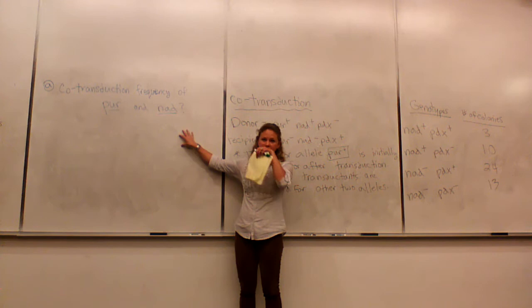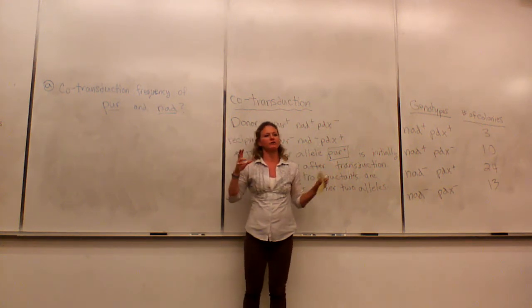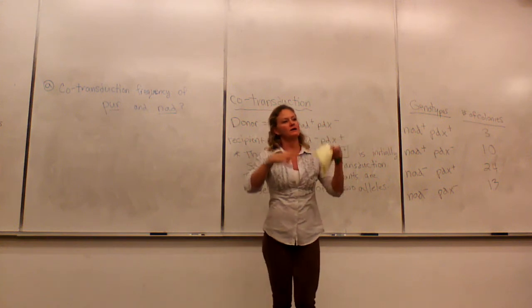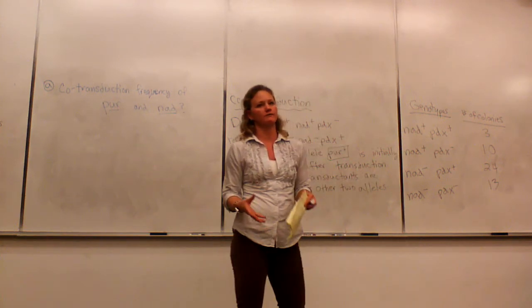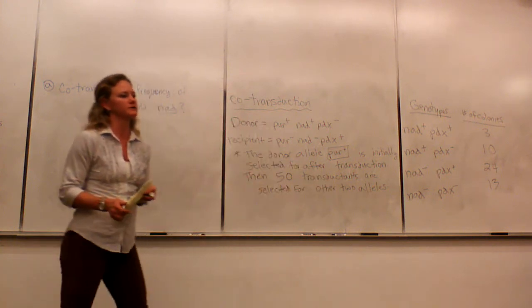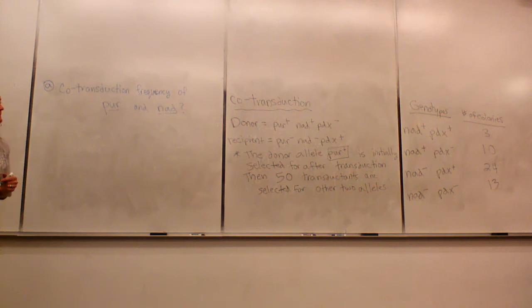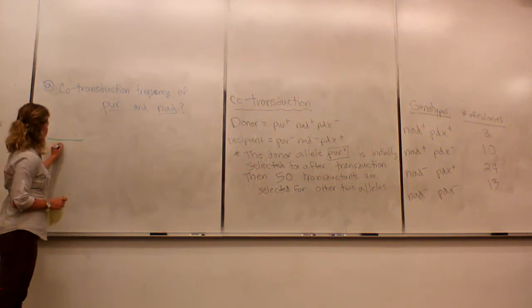If you see questions asking for frequency, in your head, you know you're going to have to take some kind of number and divide it by some total number of things, okay? Whether that's progeny, bacterial colonies, or whatever. So we instantly know we need a frequency, so we're going to have some number divided by 50, our total